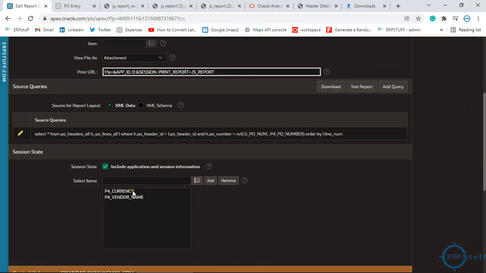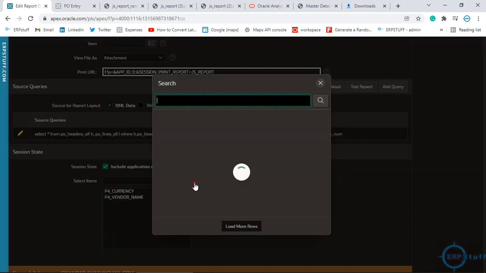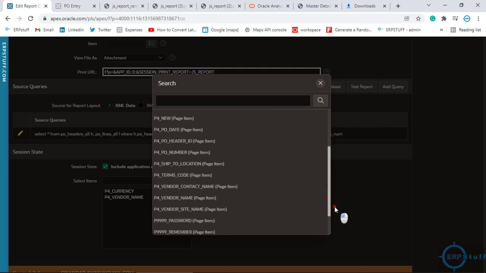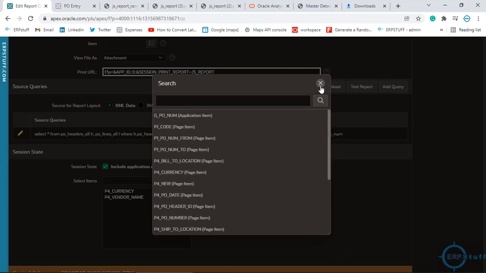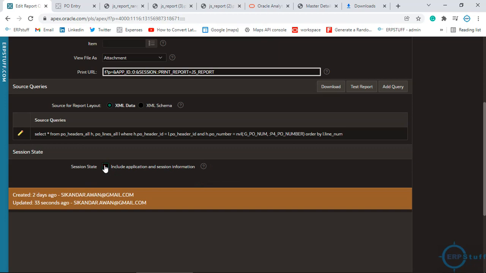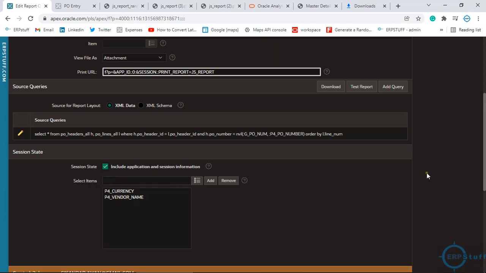And these are the session parameters which you can even use as your header. So let's say for example, if you want to add more, you can click here, right. So see, it will show you with the page number. Wow. See, so it is showing you here. You will need to add, otherwise you can't use them. Yeah. And for these session state items, you need to enable it. If this is not enabled, you can't use it. You have to enable, and then you can add over here, right.